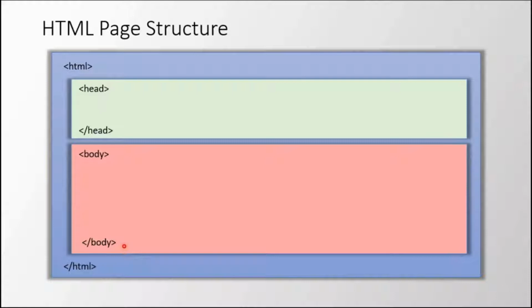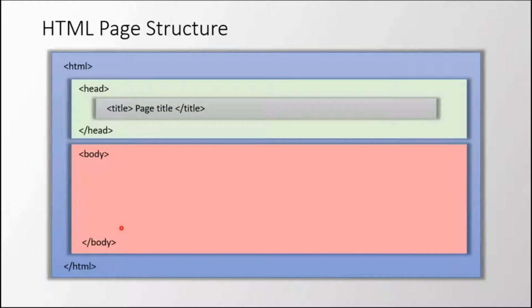They're generally about the page. They're not what actually is the page. For example, every page might have a title. The title is the name that is being displayed on the tab. I will show you in a short while. So the head can have a title tag, which is the page title.